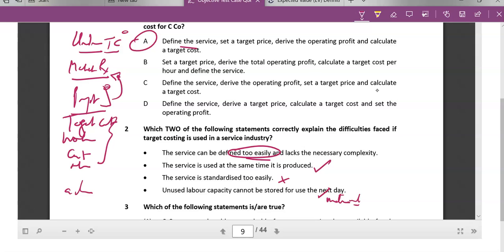So the key words I want you to be comfortable with from this topic, definitely that you must do, but we're in revision mode now, is target costing. There are 5 characteristics of services that make target costing more difficult in the service industry, and that's number 1, intangibility. So please go back and look at these words. Simultaneity,